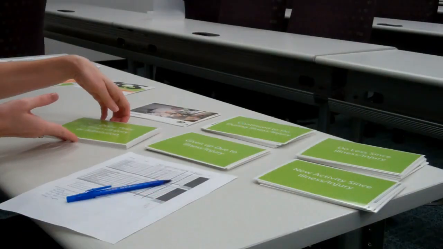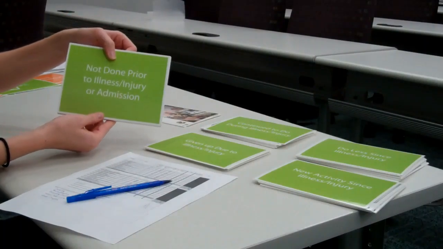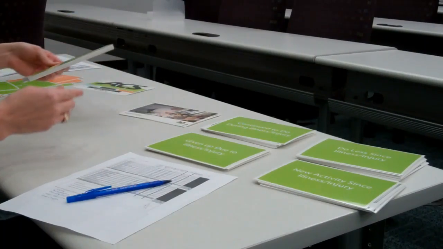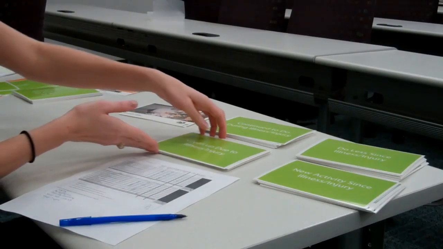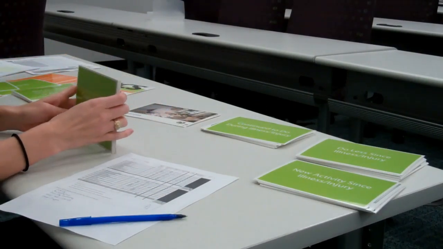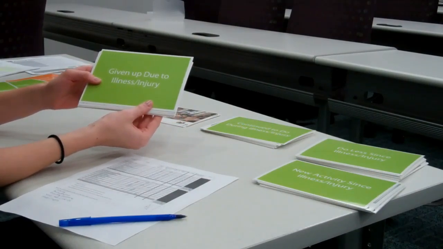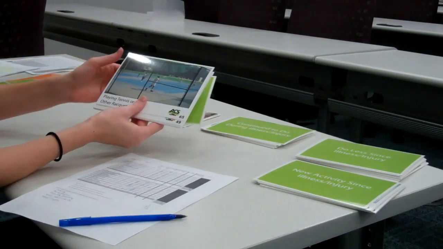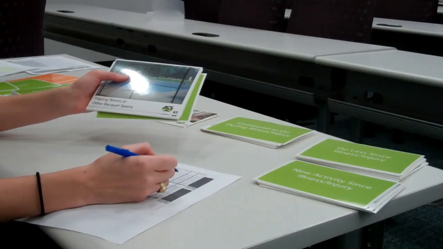Okay, after going through everything and before we start recording the score, what we're going to do is take out the not done prior to illness or injury because that has no relationship to the score. And then next we're going to find each category. We're going to pick it up, for example, given up due to illness or injury, and we're going to find each card. We're going to go through and circle where it is on the chart